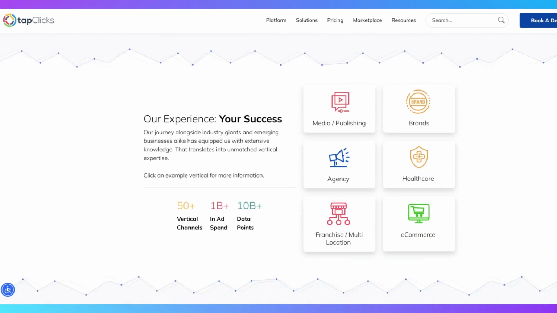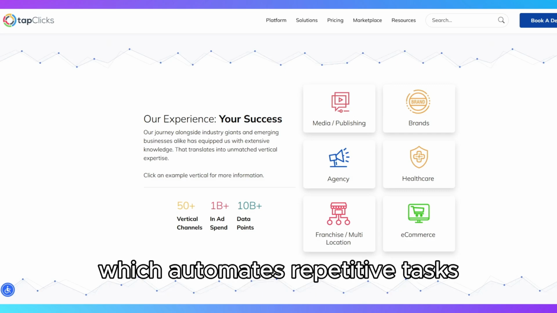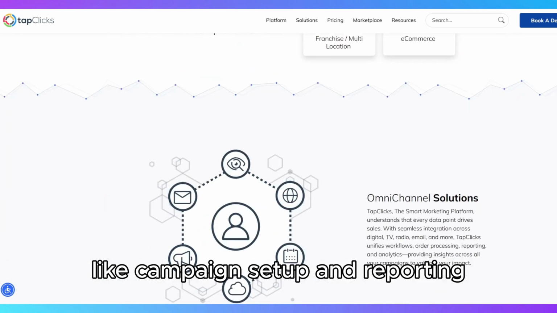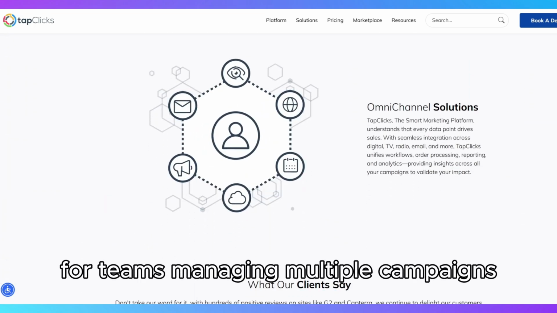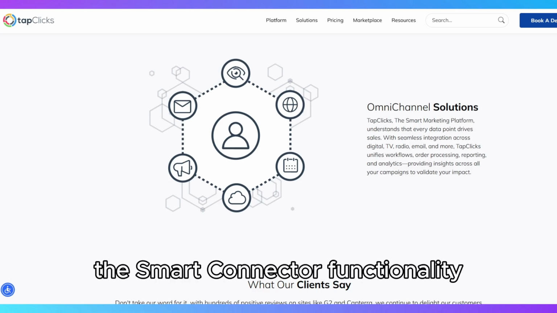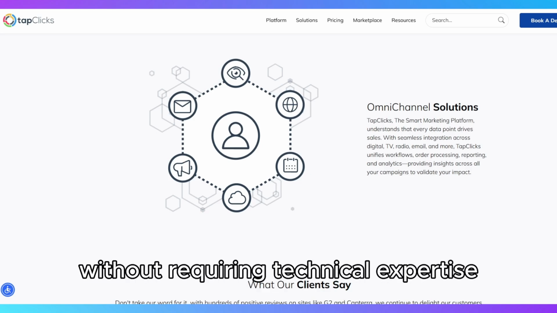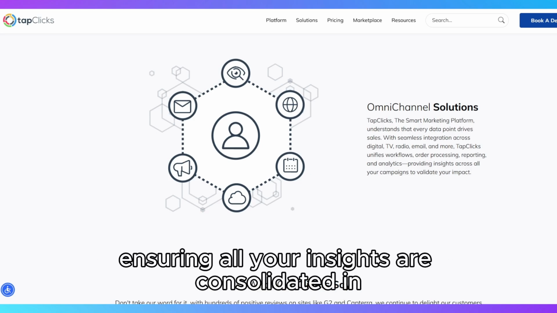real time. What sets TapClicks apart is its Tap Workflow feature, which automates repetitive tasks like campaign setup and reporting. For teams managing multiple campaigns, this saves hours of manual work. The Smart Connector functionality also lets you integrate additional data sources without requiring technical expertise, ensuring all your insights are